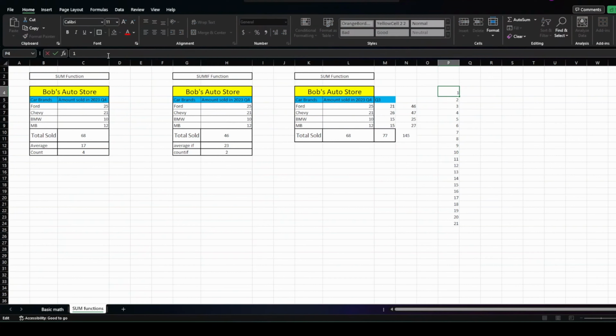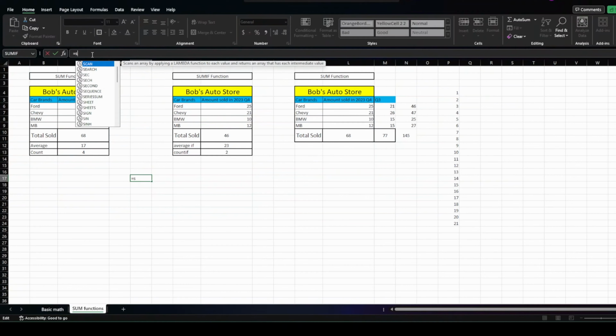You can also type in the text box up here if you know your function, and the format is always equal and whatever it is. So let's say SUM, it'll pull up a little box here, and you can click on it. It'll also then tell you the criteria it needs in order for it to work. So you have some different ways to put it in. There are also quick keys